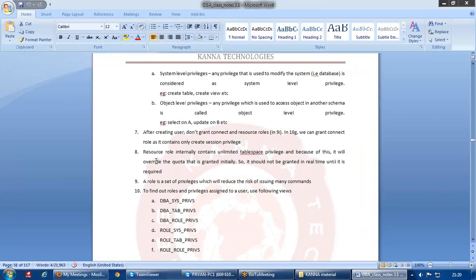And point number 7 talks about something called role. Let's jump into point number 9. Point number 9 says, a role is a set of privileges which will reduce the risk of issuing many commands.